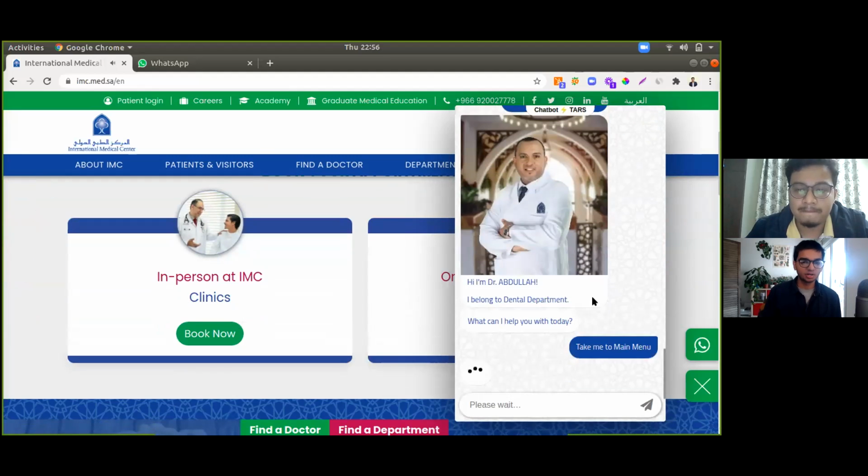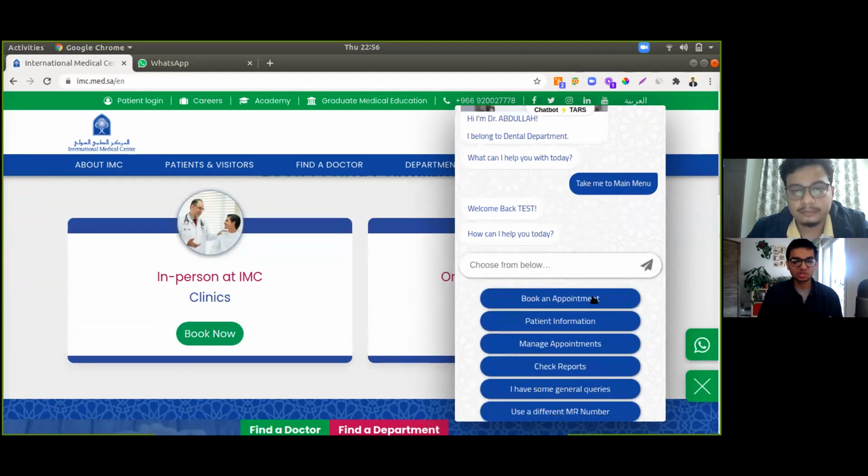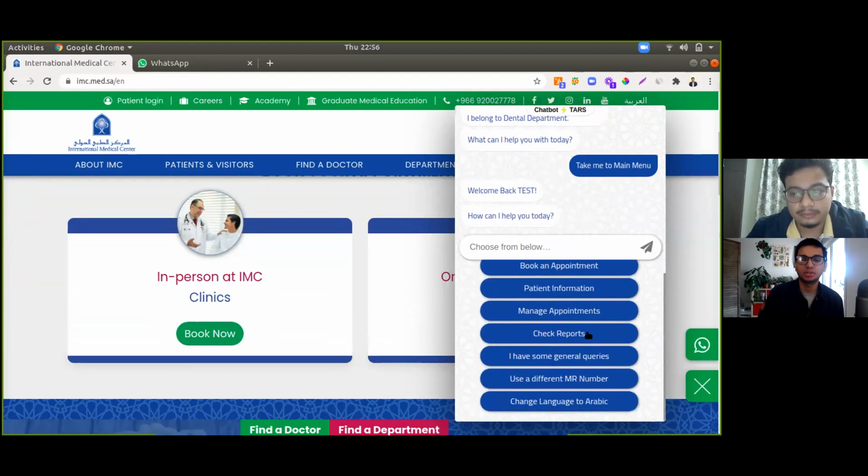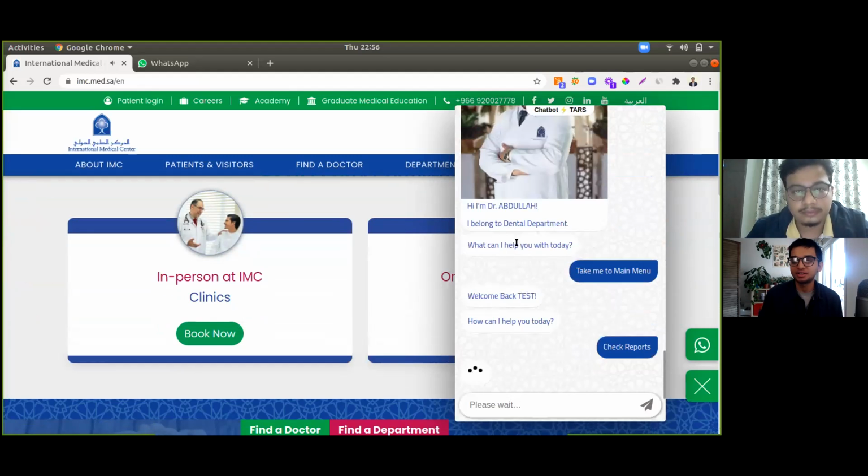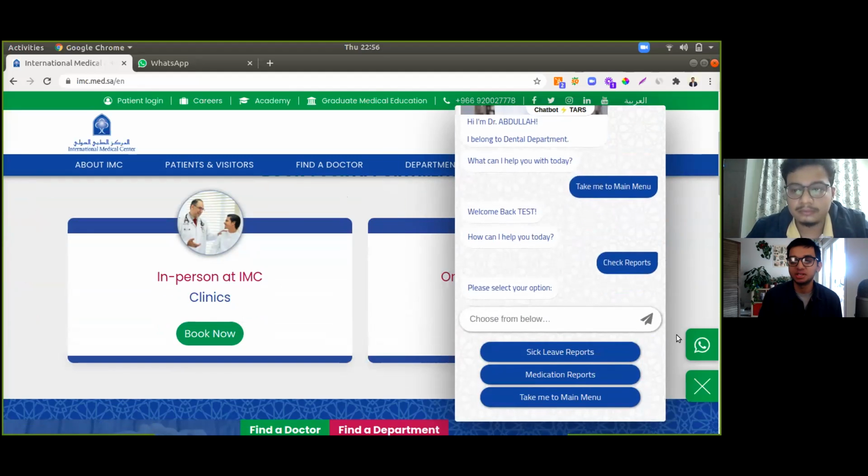Got it. That makes a lot of sense. And I think this is a good demonstration of what exactly is possible through these systems. I know that because we have test values over here, we don't have access to every single feature, but these are the two features that we usually get asked about the most: accessing patient information, because you can use that feature in a bunch of ways to achieve a lot of things, like for example accessing reports, and the second one is obviously booking and managing appointments,